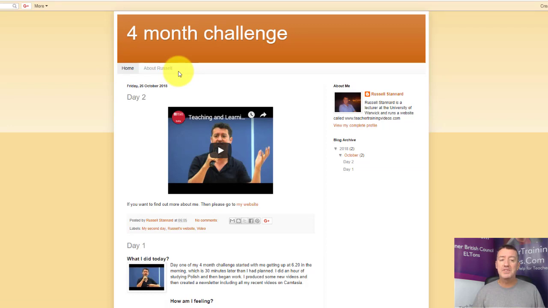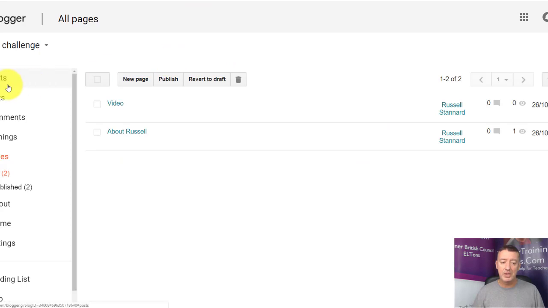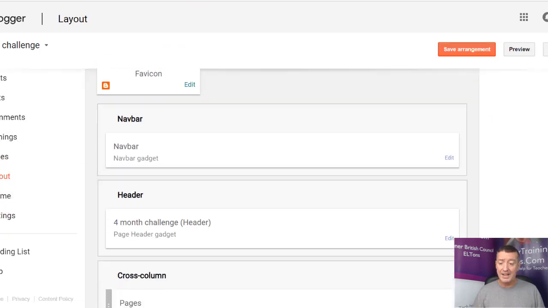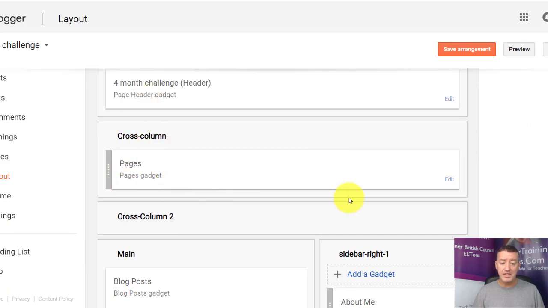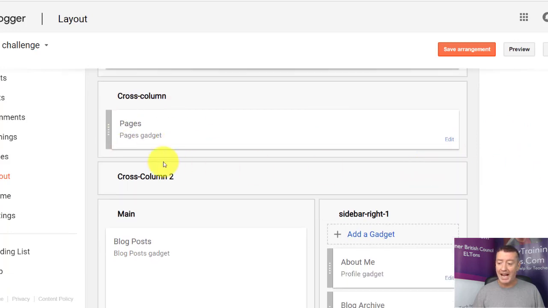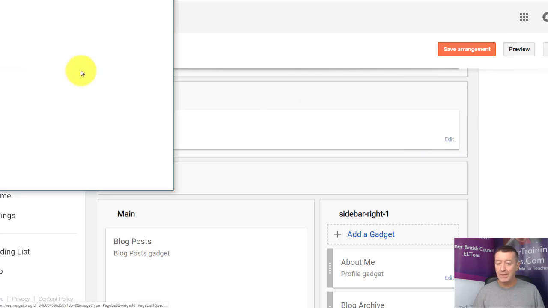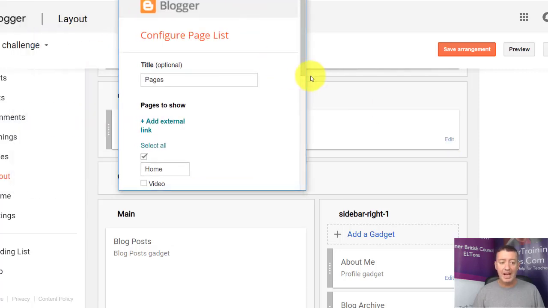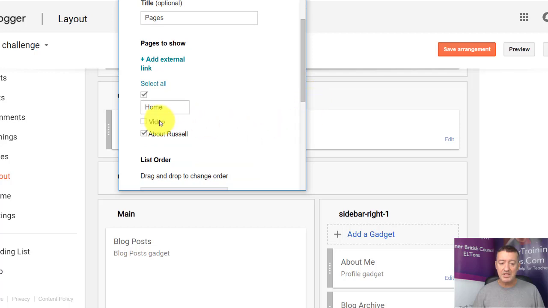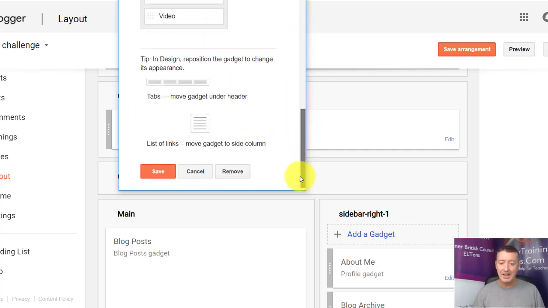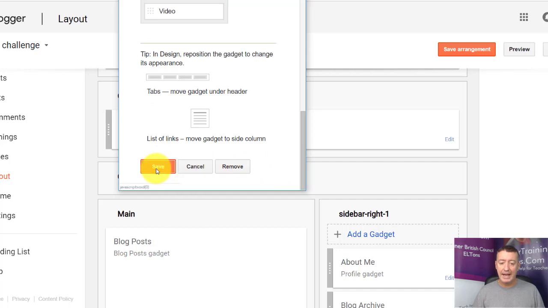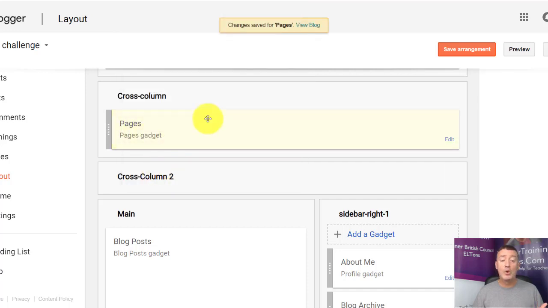Now again, that page will not be added to the actual menu until we update the menu. So what we need to do now is go back to the menu, and we can do that very easily by coming down to page layout. In page layout we've already got this navigation column added here. We can just edit that now, and it will open up and tell us, yes, we know that there's a new page created, do you want to add it to the menu? And I'm going to say yes. Then I'm going to click down here and click on save, and now that will be added.